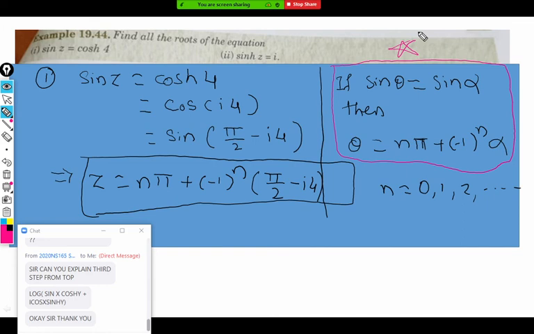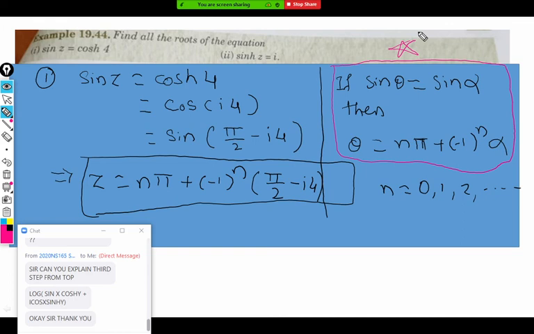For example, cos z equal to 2 is there. One similar question in exercise. And tan z plus 2 equal to 0. So cos, tan and sine. So 3 formulas. So it's better you keep a formula book with you. Definitely that book you cannot use it directly. Remember in exam, these are not open book exams, so you cannot keep the book in front of you. Otherwise you will be caught as malpractice. So you should either remember the formulas. So you should take care of all these things on your own.